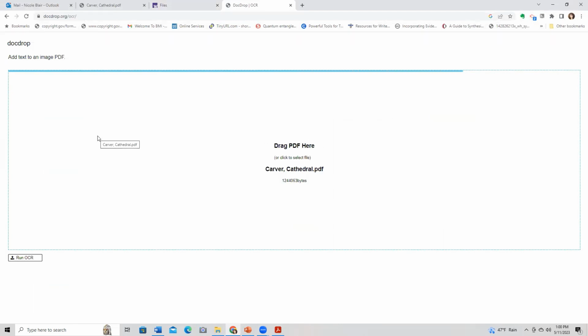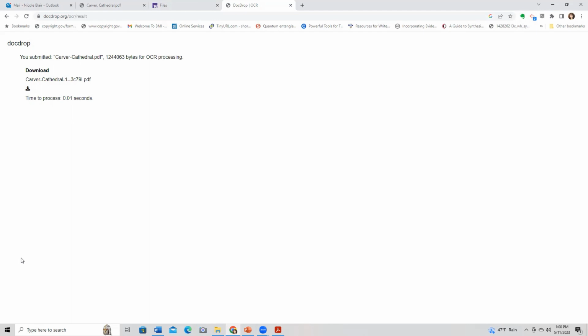This service called Doc Drop has a section for OCR that will automatically convert a PDF file, which is much quicker than doing it through the library, and even faster than doing it through Acrobat Pro if you use that. So you can see she has the run OCR. So I'm going to run OCR. Okay. And because it's pretty short, it just takes a little bit of time. I just wanted to show you this. Took 1/10 of 1/100th of a second.